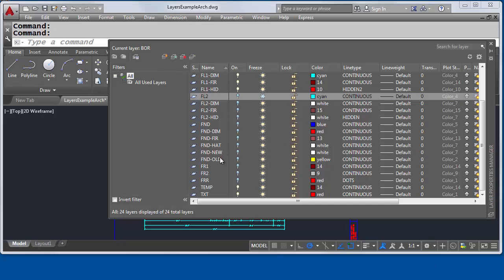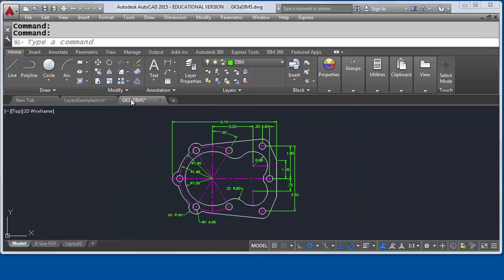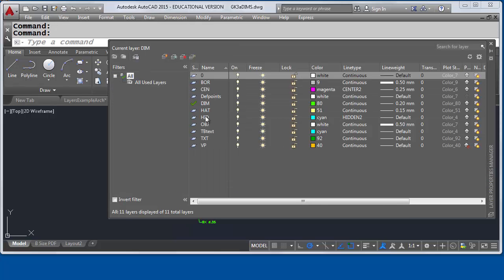So these are fairly common names for an architectural set of layers. Close my layer manager and open up my other tab. This is a mechanical drawing. If I open up my layer properties so we can take a look at those, you'll see the layer names